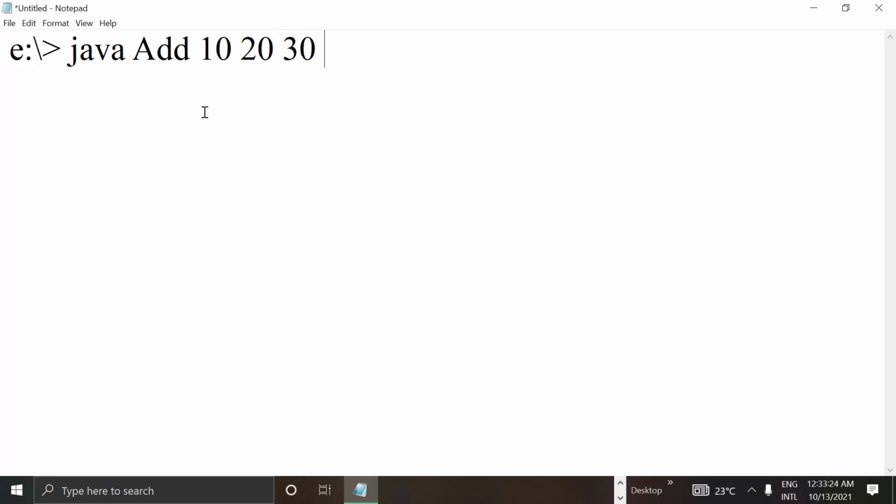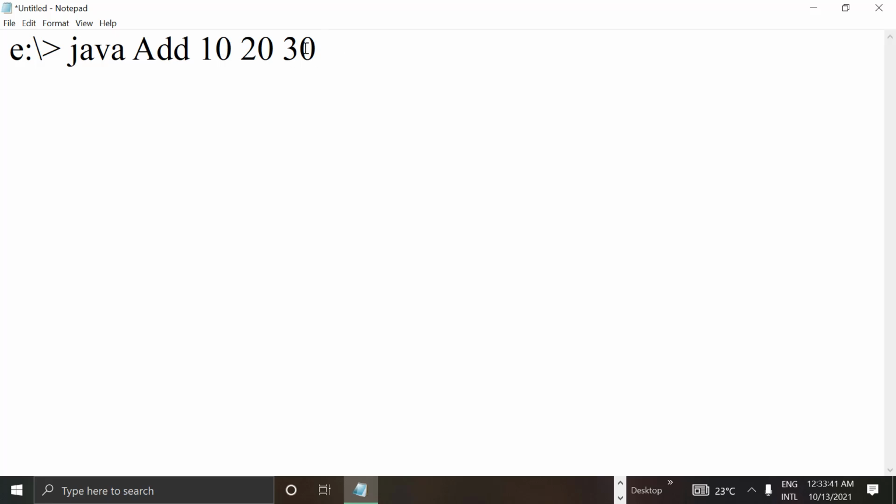Of course we have to compile it first by saying javac add.java. After successful compilation, I want to execute it like this, java space add, and then I pass some numbers. These numbers can be unlimited. I don't know how many I'm going to pass.